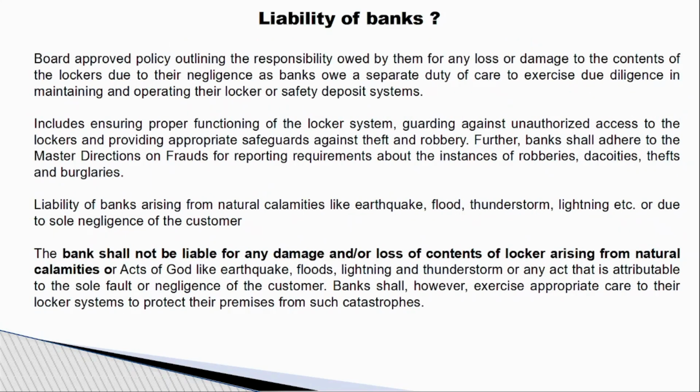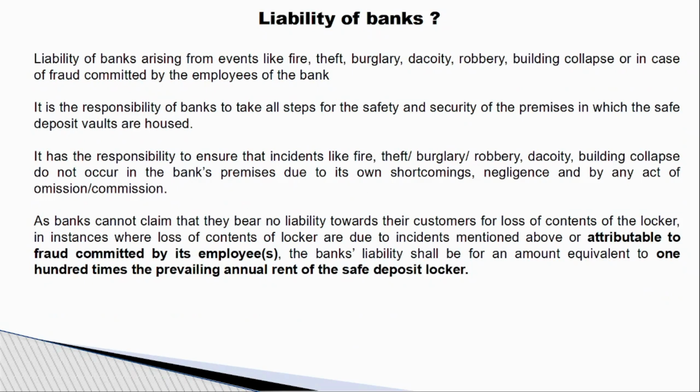Liability of the bank, for example: the customer lost the valuables kept in the locker, maybe due to natural calamities like earthquake, flood, lightning, thunderstorm, without any bank negligence. What happens? The bank will not be liable to pay any charges or amount to the customer in case of natural calamities and without bank negligence. In case bank employees are involved in fraud and have taken the valuables from the locker, or due to the bank's negligence, theft, robbery, dacoity, anything happens, or collapse of the building,